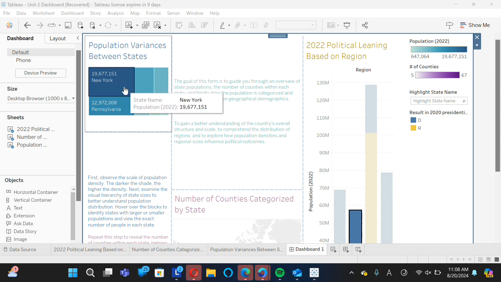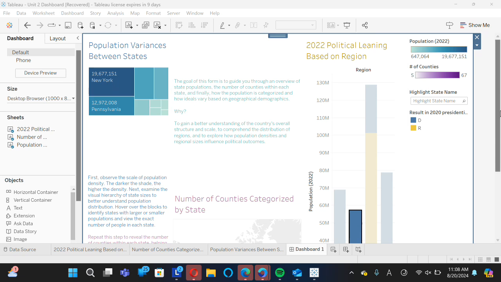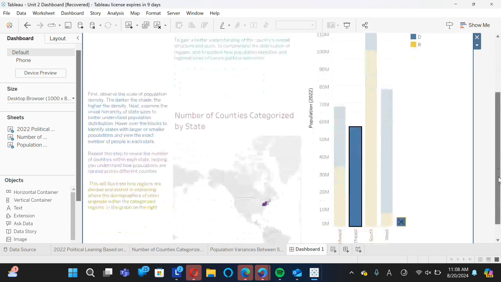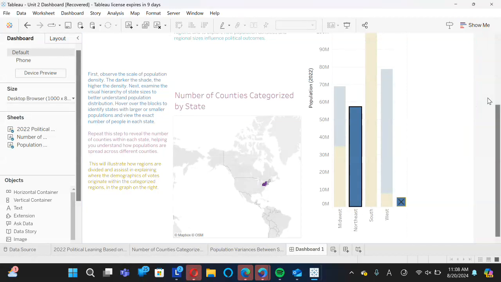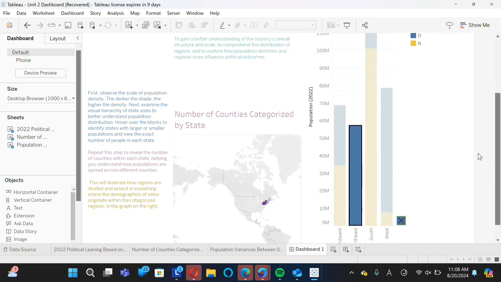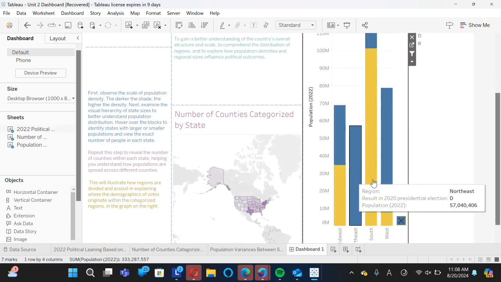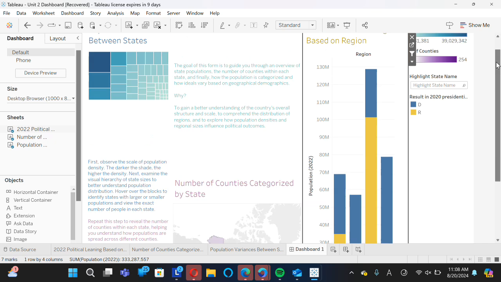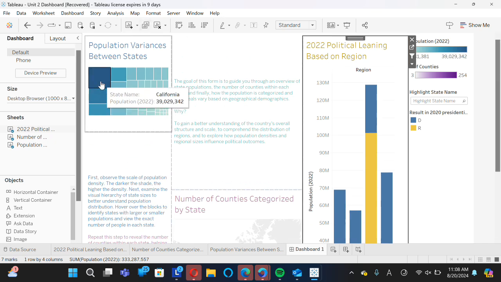So let's see here for the first one, one second, it seems like I have this already highlighted, so if we just exit out, there we go, just have to click it again. Alright, so as you can see, that was one way to filter, but the first visualization is darker and